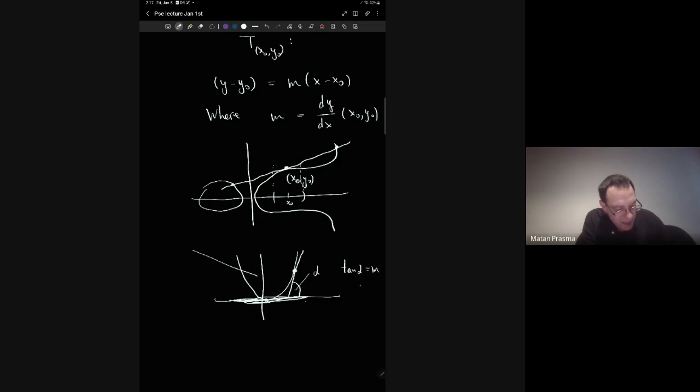and m is, as I said, the derivative of the function with respect to the variable x, and it has special characteristics precisely because of the relation between the slope and the derivative. Okay, so it's a line that touches the graph of the function but does not intersect it. I mean, it may intersect it later, right? But in some neighborhood,